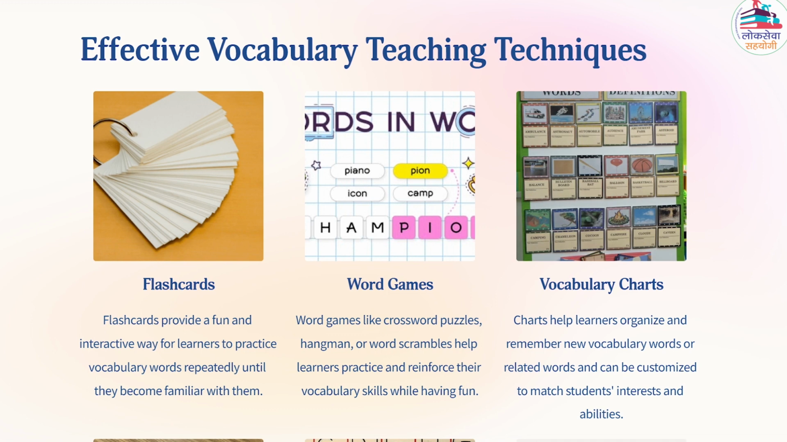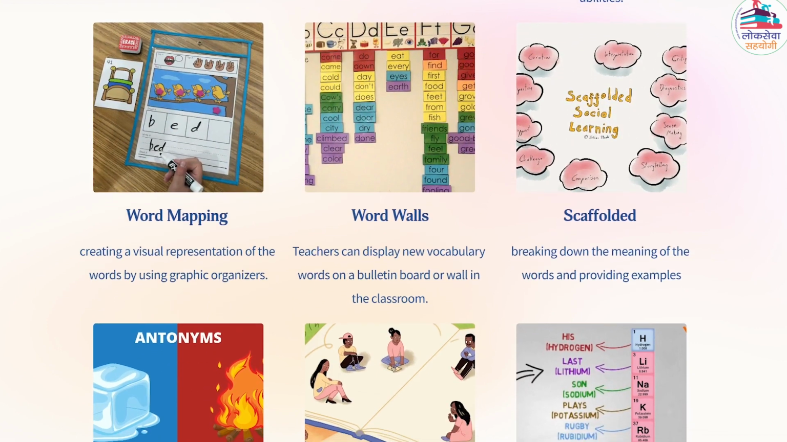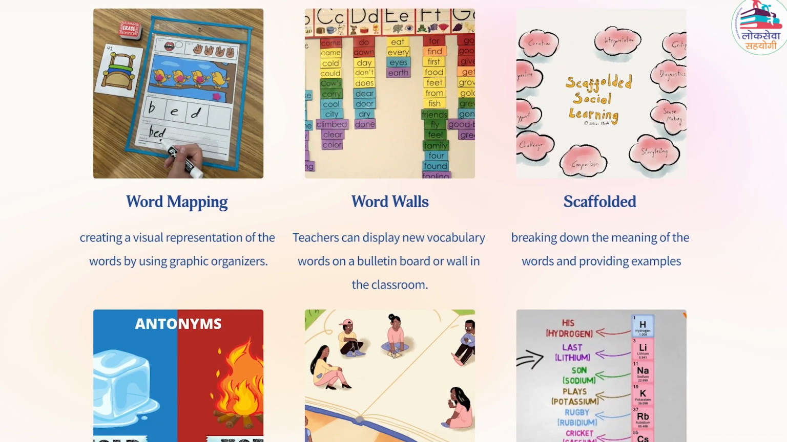Vocabulary charts help learners organize and remember new vocabulary words or related words and can be customized to match students' interests and abilities. Similarly, word mapping is another effective strategy for teaching vocabulary. It involves creating a visual representation of the words by using graphic organizers. Teachers can use tools such as mind maps, spider diagrams, or concept maps to help students to understand the relationships